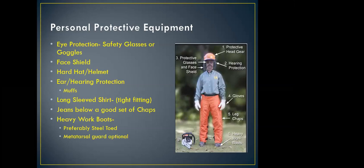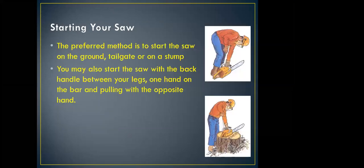Good set of jeans below, good set of chaps, work boots, preferably steel-toed, and a metatarsal guard is also a possibility. Remember, as you're cutting these logs, they're going to drop. And if you've got one foot in front of the other, bracing yourself to use the tool, that may drop onto your foot. So think about which direction that limb or tree is going to drop